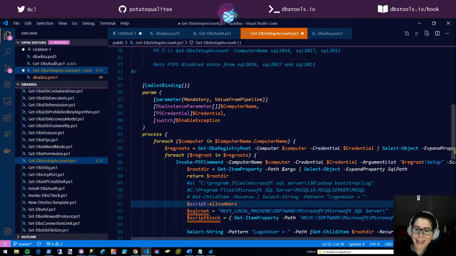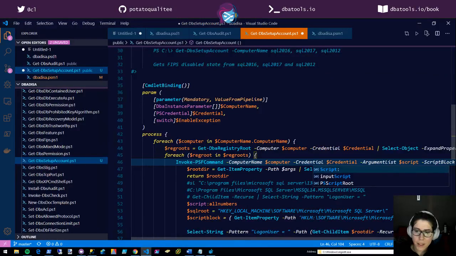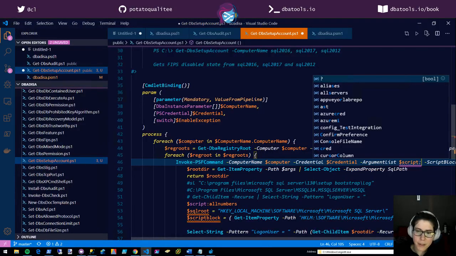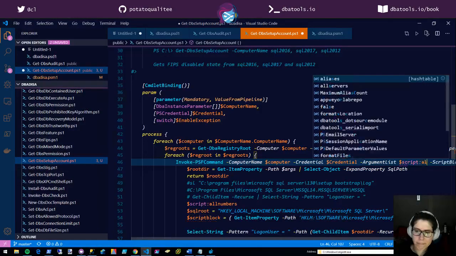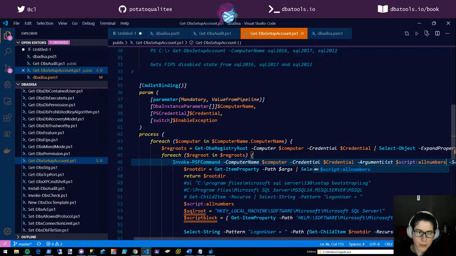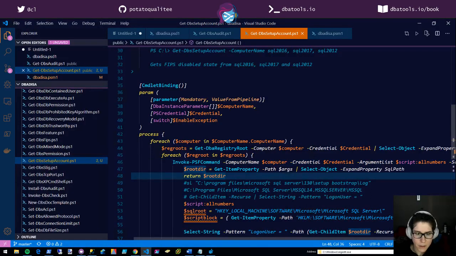I am gonna have to pass this in the argument list. Script, all numbers. Oh, I already did args, so I was supposed to do that. I think I just needed reg root, honestly.